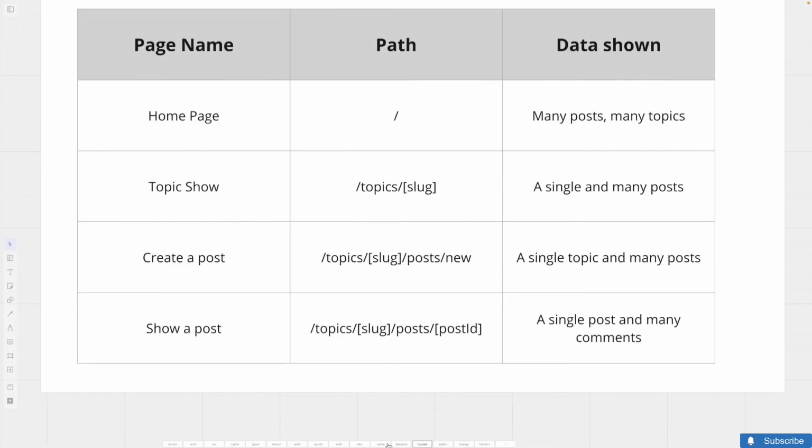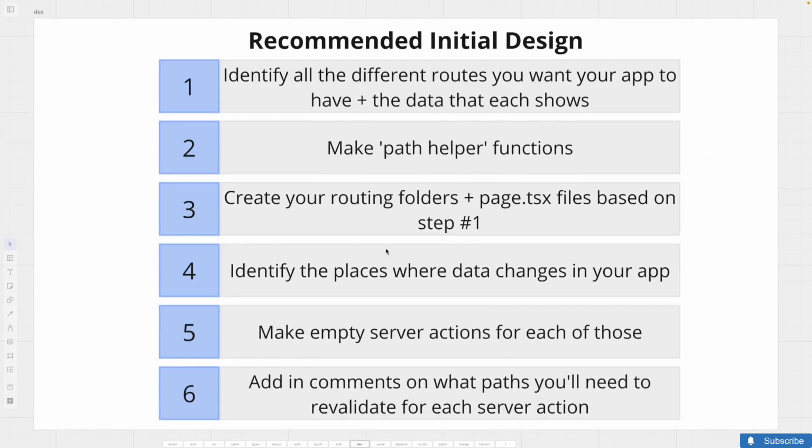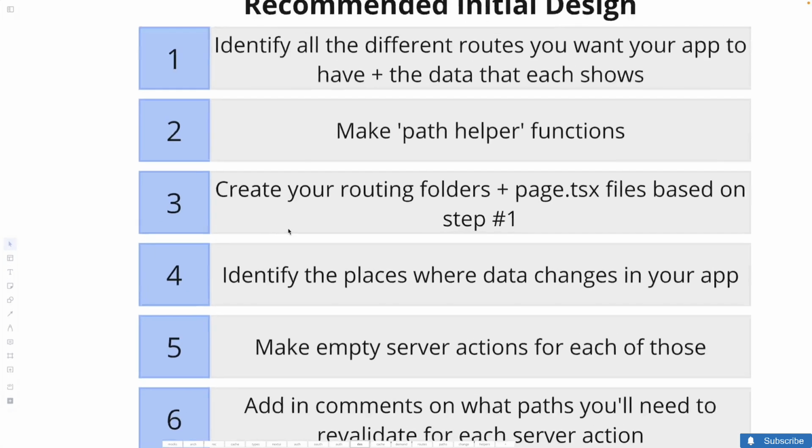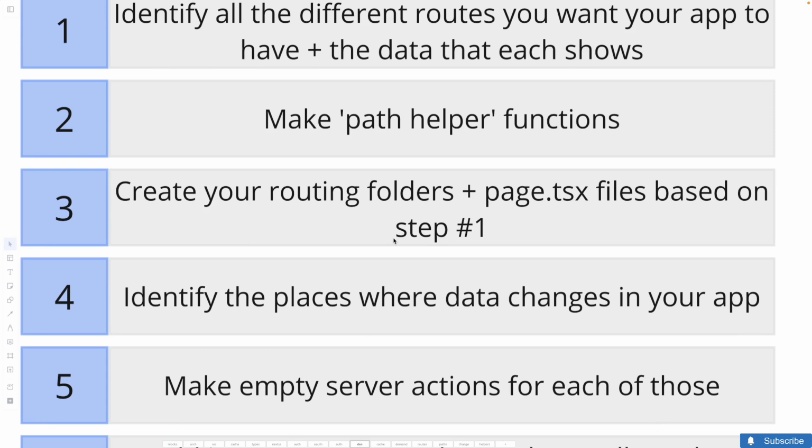Now, like I said, we're going to eventually come back and add in some additional path helpers, but only once we realize that we actually need them. So on to step 3 in just a moment. On to step 3. So this one is pretty obvious and fairly easy. Based upon all the routes we came up with during step 1, we're going to create our routing folders. So we're going to make a bunch of folders inside of our app directory, and we're going to start to